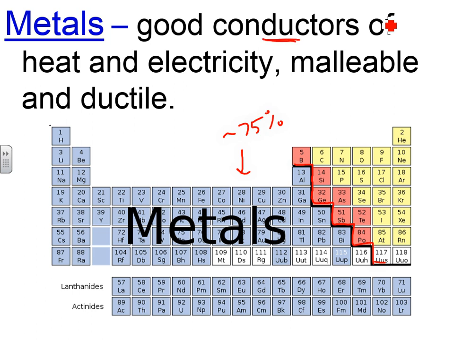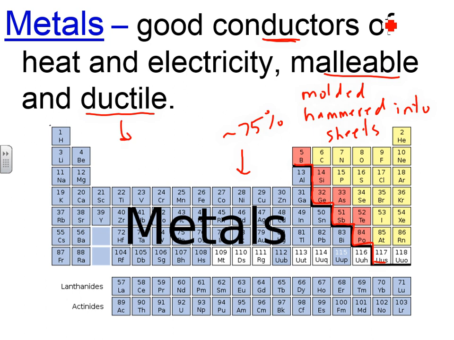They're also malleable. Now this word means they can be molded and usually hammered into sheets. That's why metals are really easy to make into wire, make into sheets, like aluminum foil. It's really easy to do this with metal. And the word ductile means essentially the same thing. This means pulled into wire. And that's why a lot of metals are used in wiring, mostly copper, but aluminum is also used in wire. Fancy wire uses gold, so fancy wiring. Okay, these are metals.